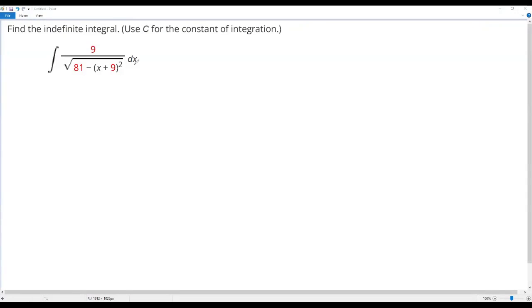Here we have a problem on integration. That is, we have to evaluate this indefinite integral. Okay, let me start working on this. In my first step, what I'm going to do is move this constant 9 out of